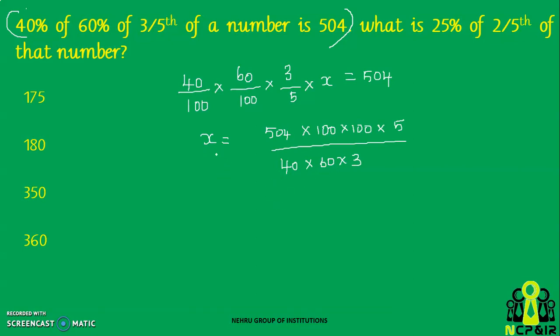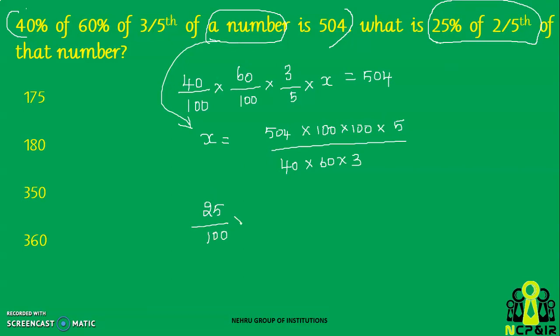So I got x. The required answer is 25% of 2/5 of the x. Now this number is what we have assumed as x. Now the required answer is 25% of 2/5 of the number. So that number, look at this word, that number, is x. So I'm going to substitute x here. x will be